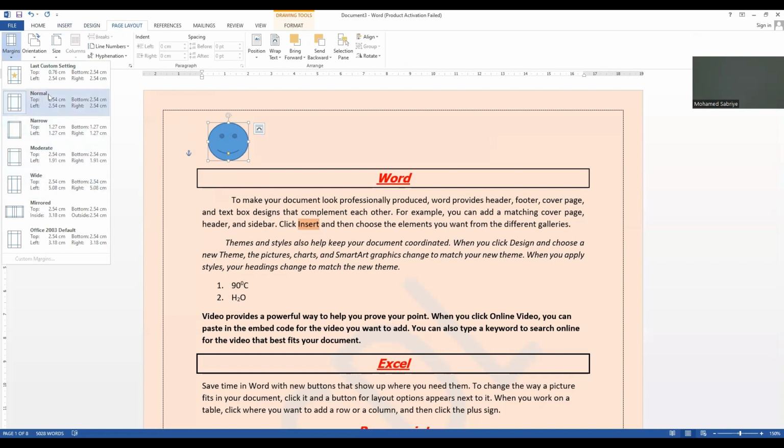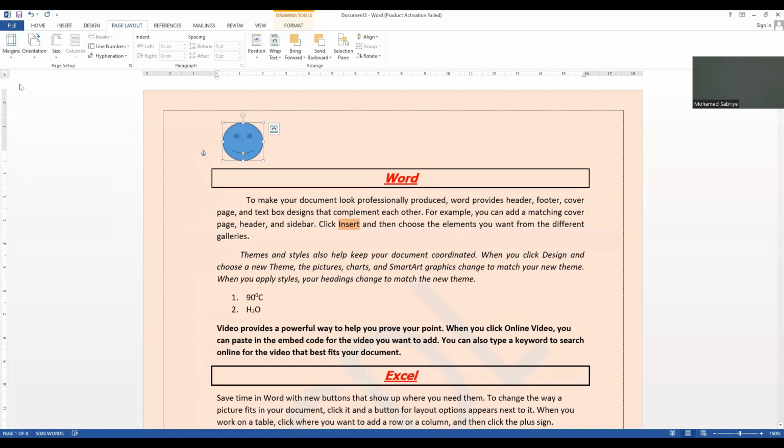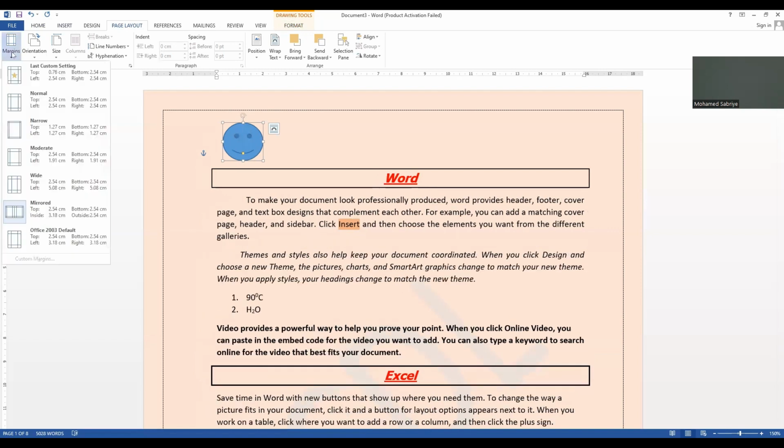So you should know that a margin that is narrow is for a less important document. An important document has a big margin. And then sometimes you have a document that needs to be bound, like a book. One side will be bound, so you'll have to choose this mirrored. But mostly the question comes, you are told to do a specific margin. So you have to come to